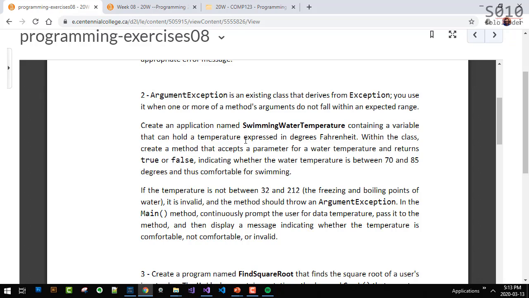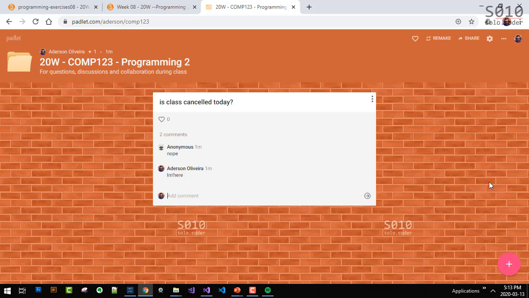Before I start, is there anyone who wants a code makeover? Maybe you want to submit your code. I'm going to use your code as a starting point and mention that this could be done differently, or we could use it like this. You don't even need to identify yourselves. It's on Padlet. If you don't want to put your name, that's fine. But you have the option to put the code for this exercise there.